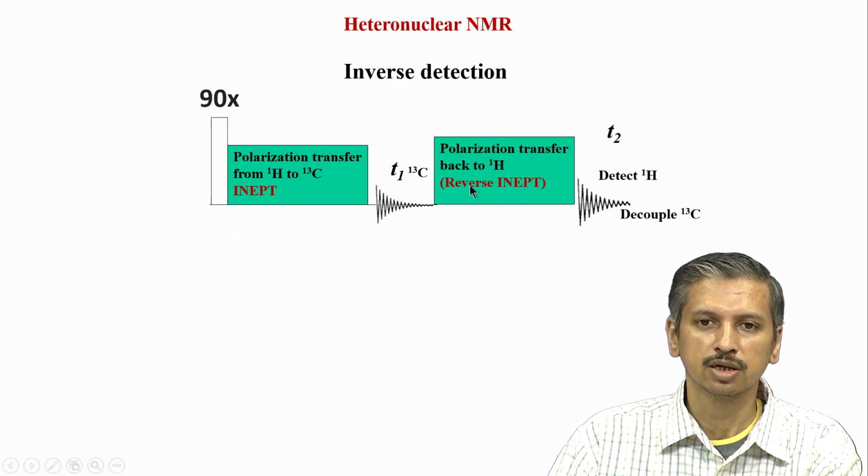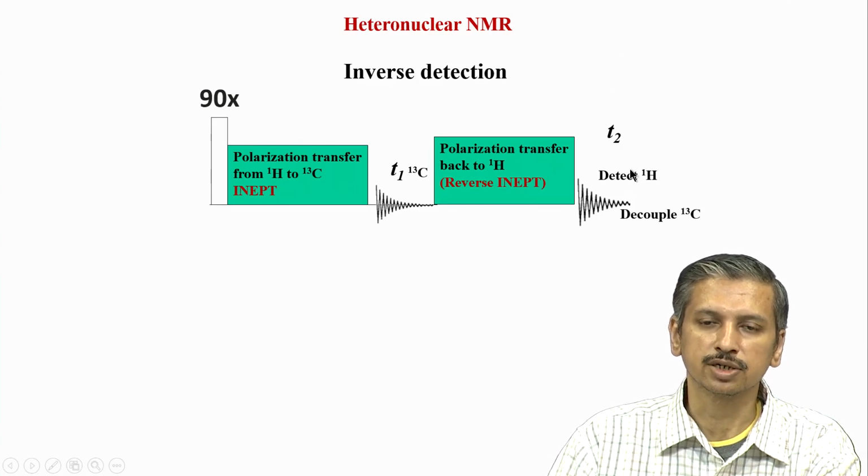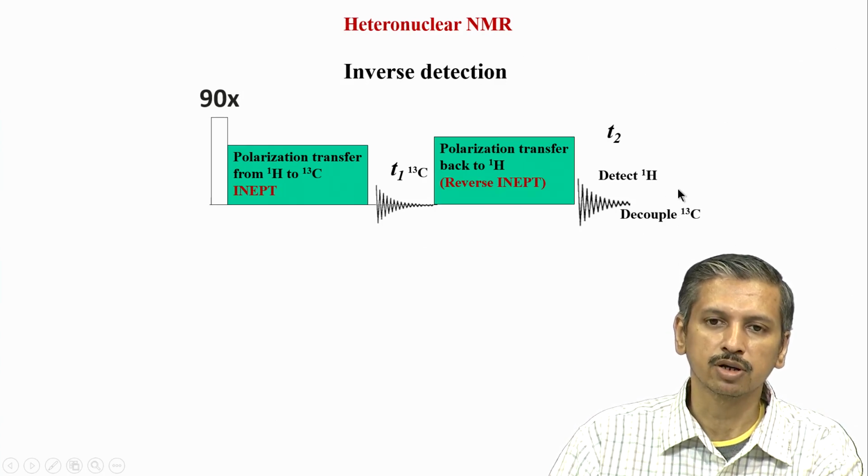So the pulse sequence will look exactly the same whether it is forward INEPT like this here or it is reverse INEPT. Then once you transfer it back to the proton, you can now excite the proton, or the proton is already excited. If it is excited, you can start detecting the proton. So this is the direct detection of proton magnetization. During that period, now we have to decouple the carbon. The reason you may think of is this a reverse approach. If you recollect the previous class, we had detected carbon and we decoupled proton. Here we are decoupling carbon and detecting proton.